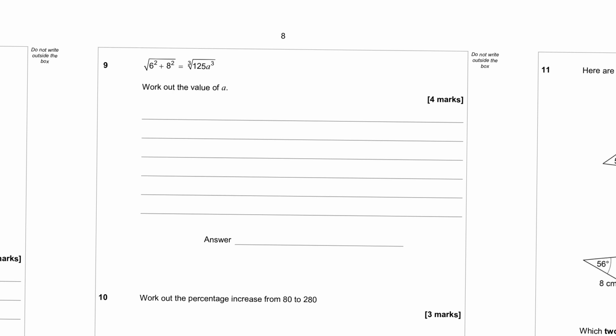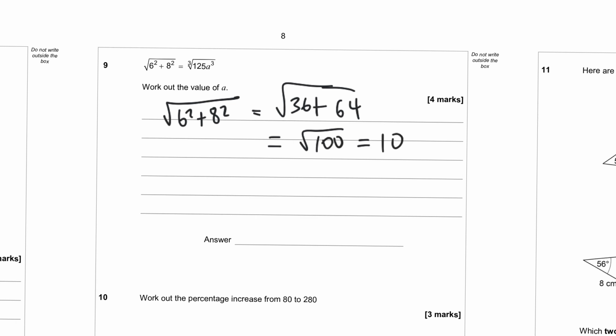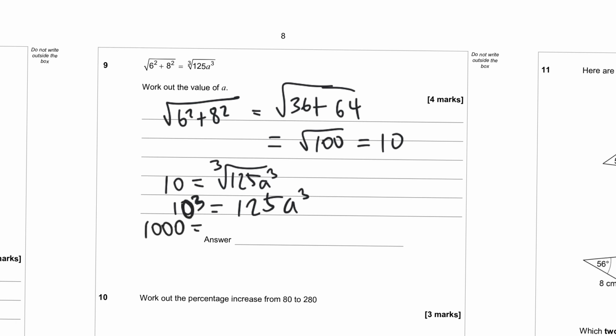Question 9, it's got the square root of 6 squared plus 8 squared is equal to the cube root of 125a cubed. So we can work out the first part. So 6 squared is 36 plus 8 squared, which is 64. 64 plus 36 is 100, and we know the square root of 100 is 10. So we know 10 is going to be equal to the cube root of 125a cubed. Then, if we cube 10, we are left with 125a cubed. We know that 10 cubed is equal to 1,000. So 1,000 is equal to